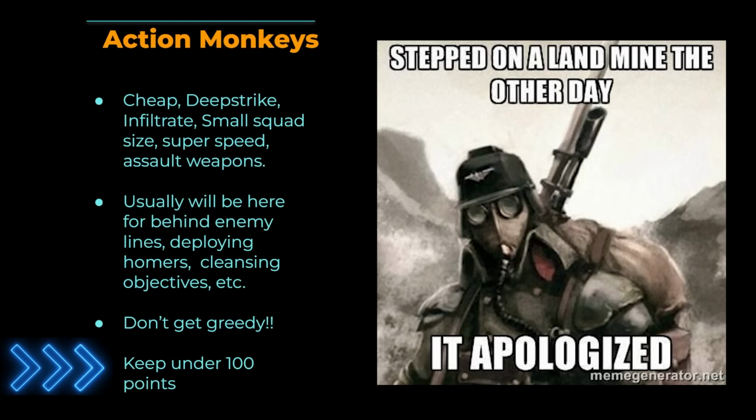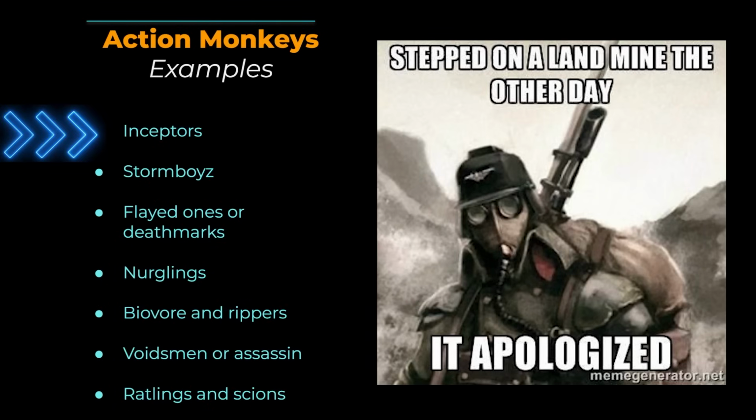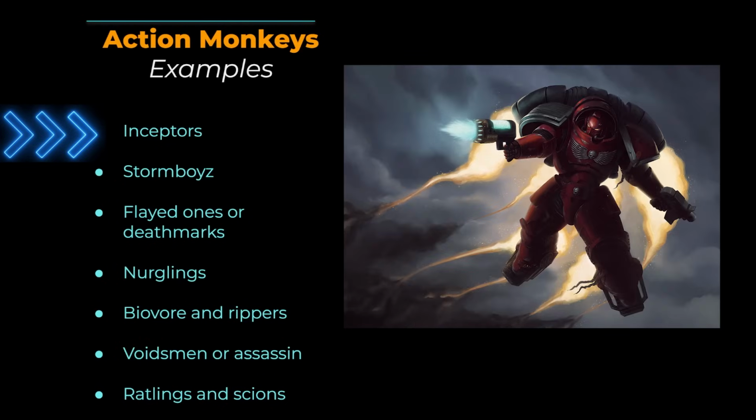So one of the important things is make sure you keep this cheap, because you don't want to waste a 250 point or more unit on cleansing an objective. That's a unit that needs to be attacking. One of the best units in the game at doing this, but they are a little bit over that 100 point limit, is Inceptors. I give Inceptors a slide on the points thing because they can come within 3 inches of you,